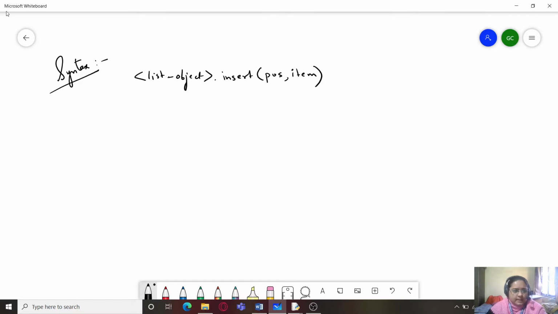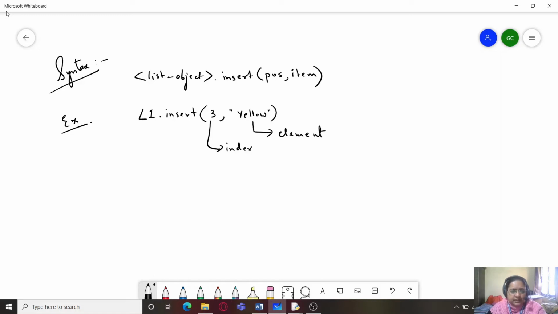As an example, if we have a list L1 dot insert 3 comma yellow, here 3 is the index location at which we are going to insert the element, and yellow is the element which has to be inserted into the list.